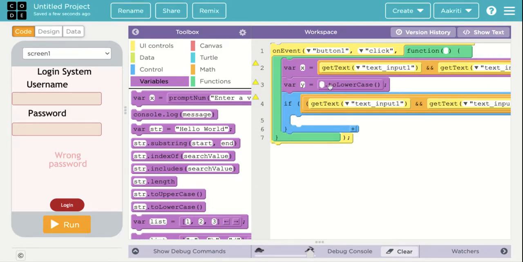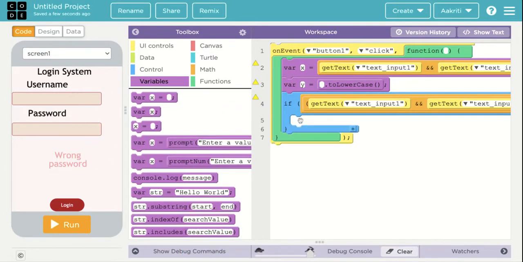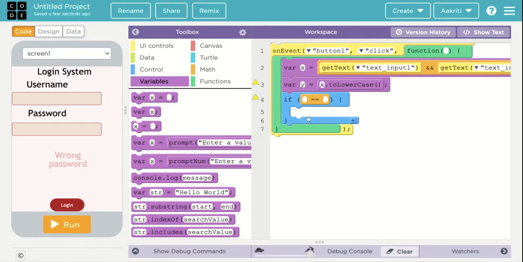Now we have to give our variable name, which is x. Now we don't need this. So if y is equal to coding